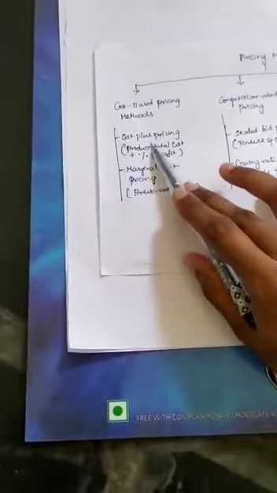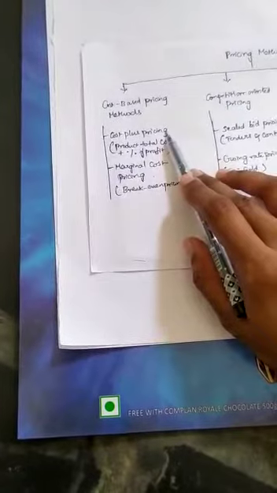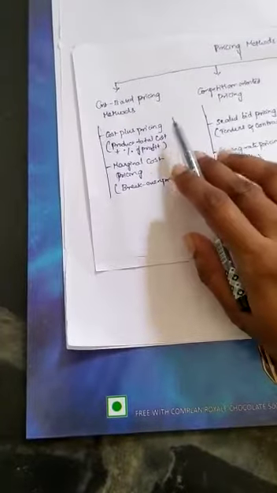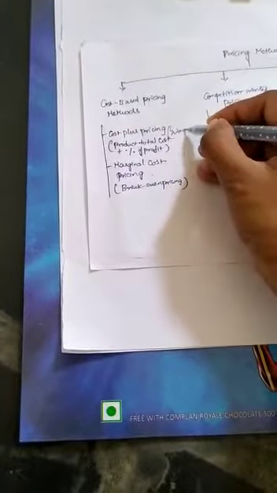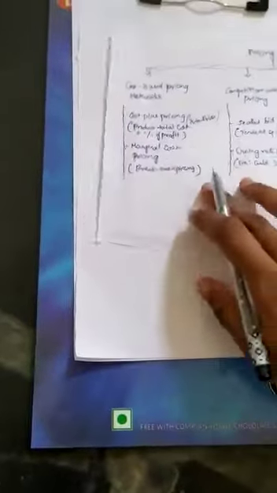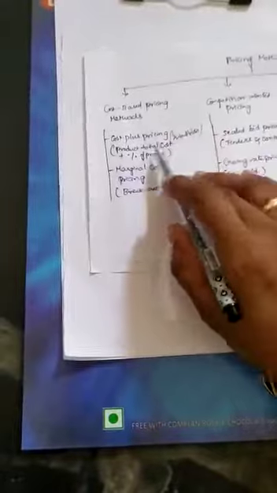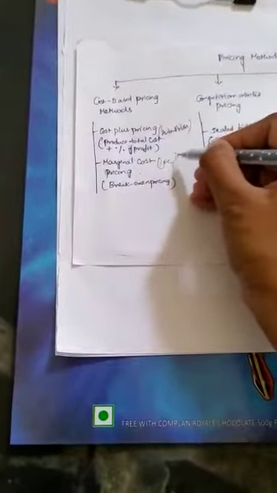First one, cost plus pricing, is also called markup pricing. Goods which are traded to highly sophisticated customers in large markets are priced by cost plus pricing. Example, automobiles. And the second one, marginal cost pricing. It takes cost and demand into consideration. Here fixed cost is given more priority. It gives flexibility to recover the fixed cost.